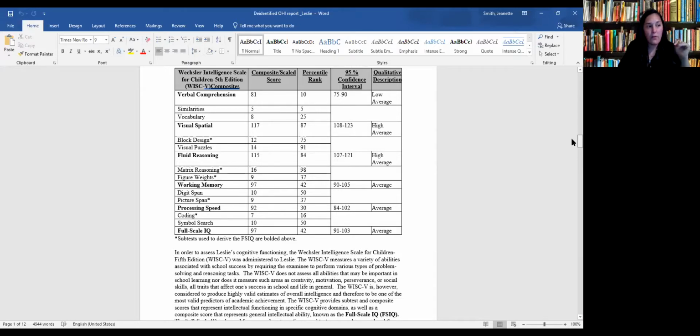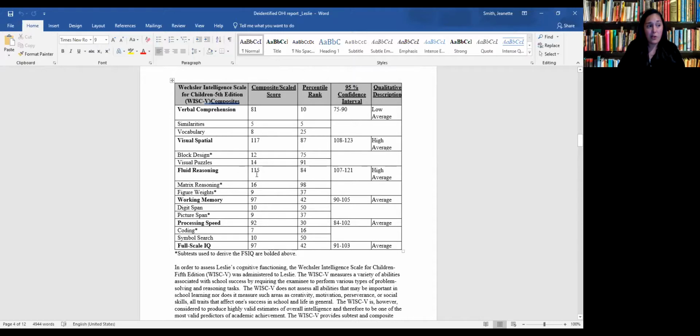But again, it gives you relevant information here to know that these are clearly areas where he's struggling, right? Areas where I would need to put a little bit more emphasis when I'm working with him or creating goals, or again, placing him in more of a higher ed kind of environment. And so we know that he processes information well. He's got good fluid reasoning. So information that's new to him, he shouldn't struggle with processing too much because this is a strength for him.